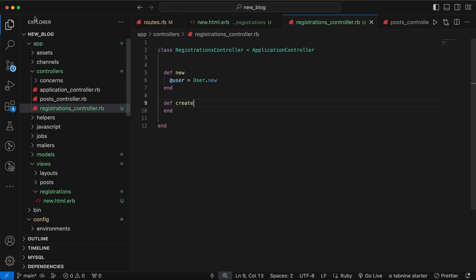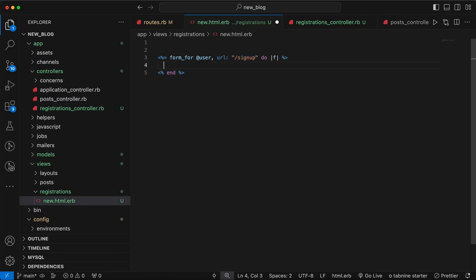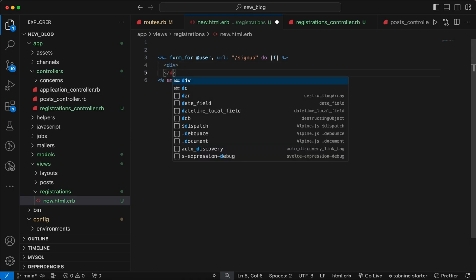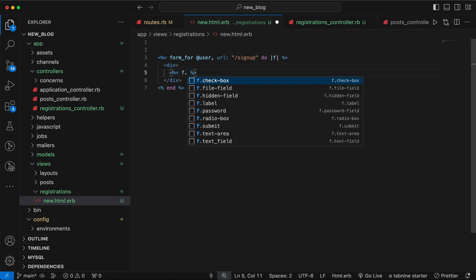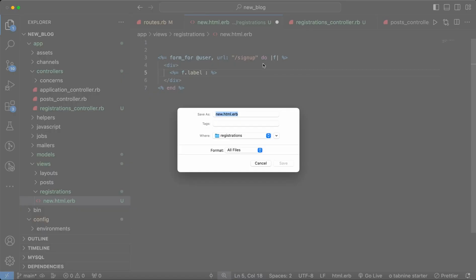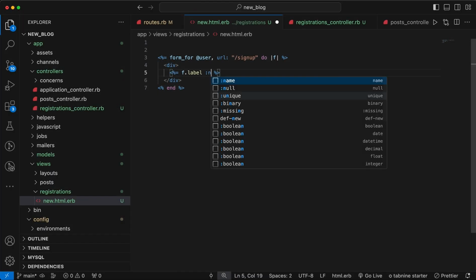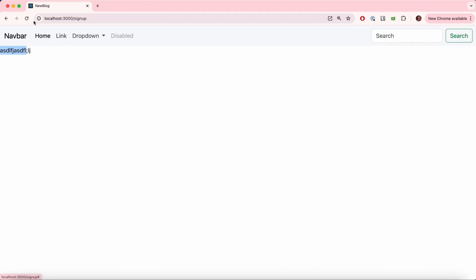Okay, so if we go back to the new.html, let's add some fields. In the user model we know that we have the name, so we will have the label name, and then we can show the text field, and the text field will be for name. So if we refresh,